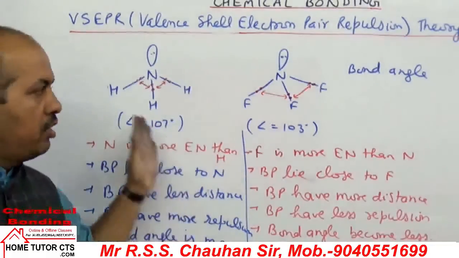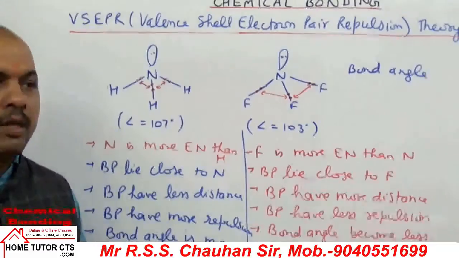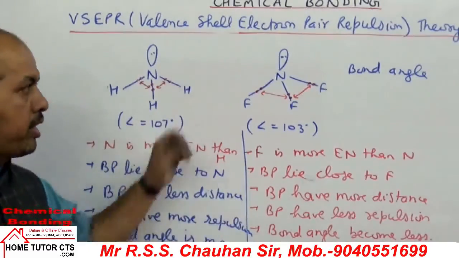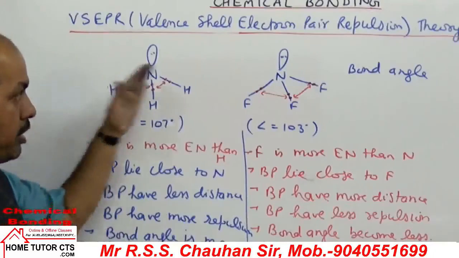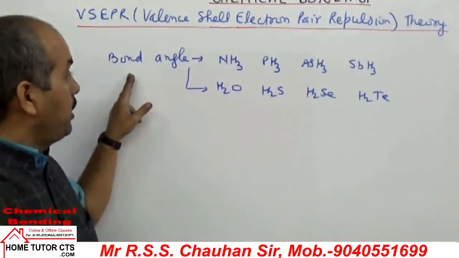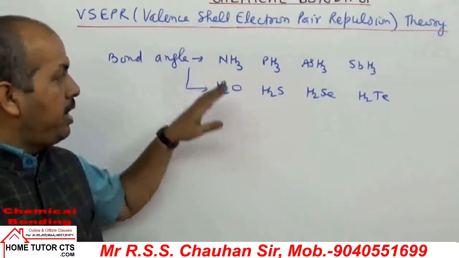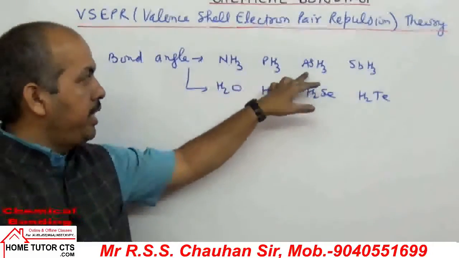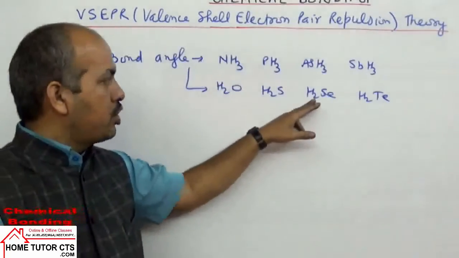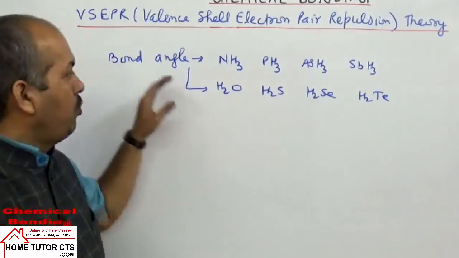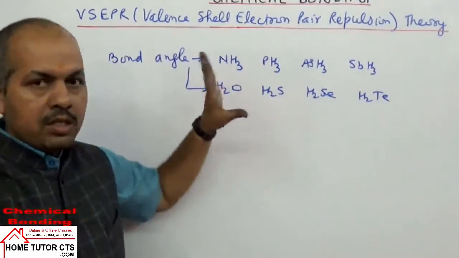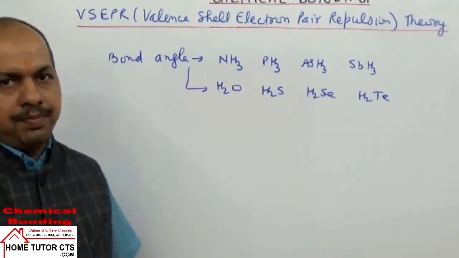It's a very common question to compare the bond angles in molecules. Let us take one more question on this bond angle comparison of the geometries taken till now. Now let us take the next question to compare the bond angles. I have given you two sets here: NH3, PH3, AsH3, SbH3 and H2O, H2S, H2Se and H2Te. You have to compare the bond angle in both the cases. First find the answer yourself.